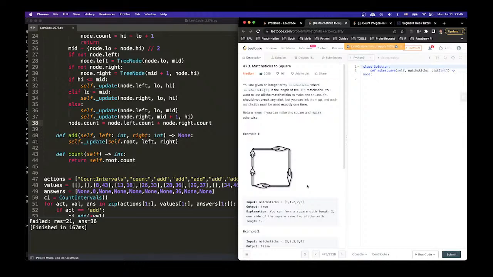Okay, or adds up to this value. Now what we can do, I mean, we can find a couple of checks. You add them together and you see if it can divide by 4. If it cannot be divided by 4, that's an easy edge case. If it can be divided by 4, then because each matchstick must be used exactly once, so you see the